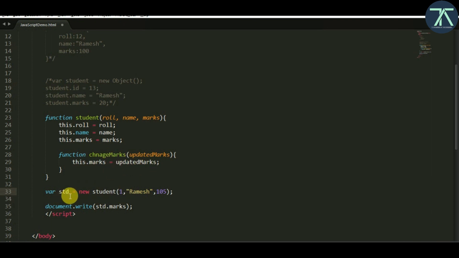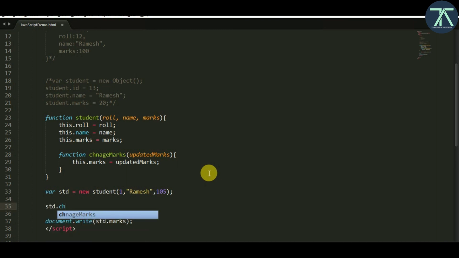So I have created this object. Now my marks is 105, right? If I call std dot change marks and I pass something like 200, then if I try to print std dot marks, what should it return? It should return 200, right?